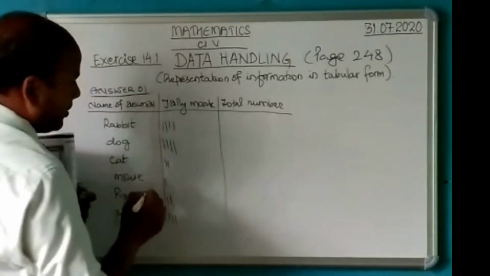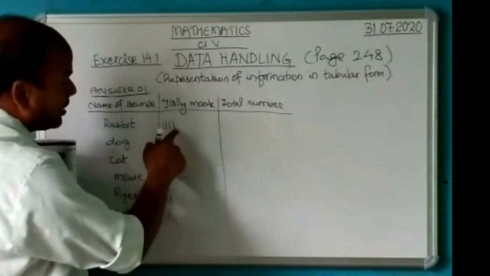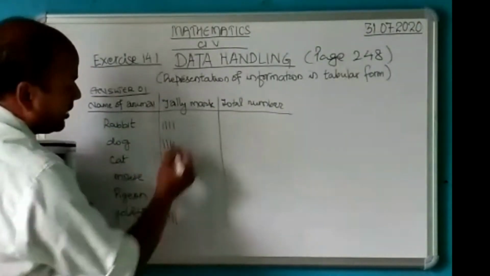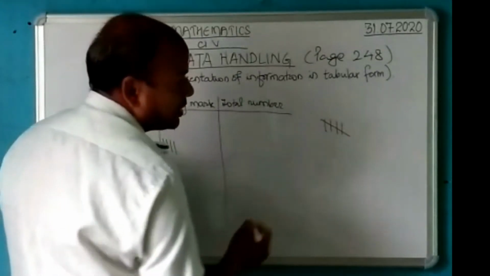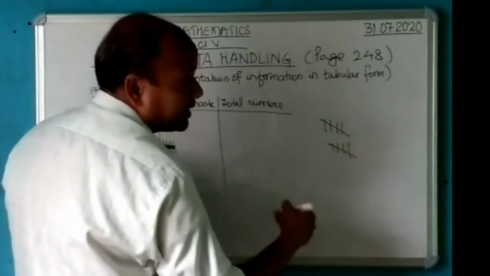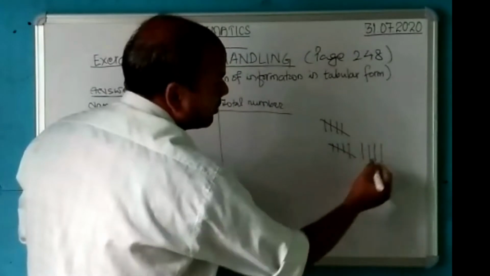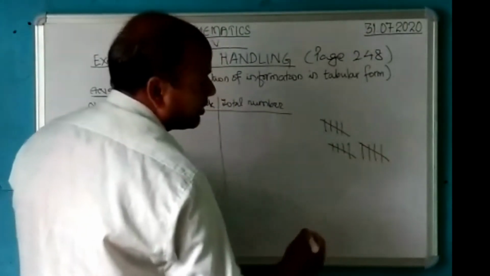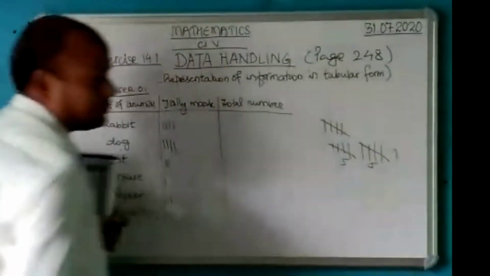Okay, remember after the fourth, once you have 4 in number, for the fifth one you will not draw another line, but once you have drawn 4, the fifth one should be a cut across them, which means 5. So 1, 2, 3, 4, and this is 5. Then the 6th one will be like this, the 7th one will be this, continue. Once again it will go, and then the next one will be like this. Okay, then you will continue. So this is to be treated as 5.